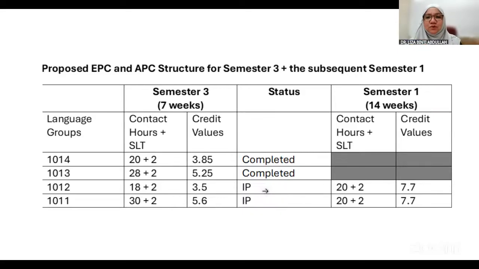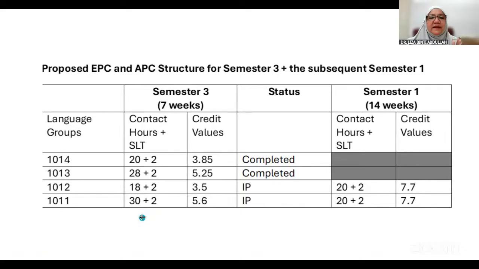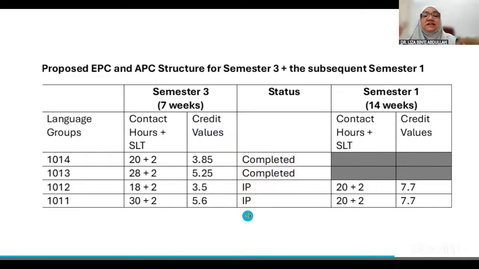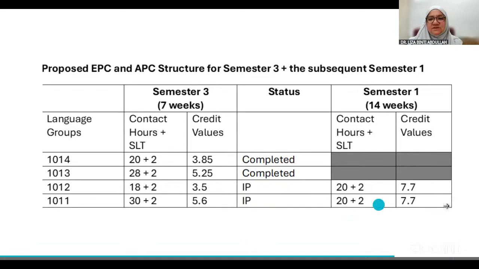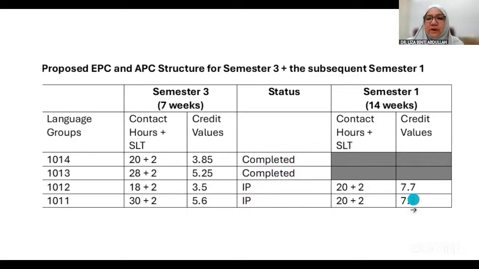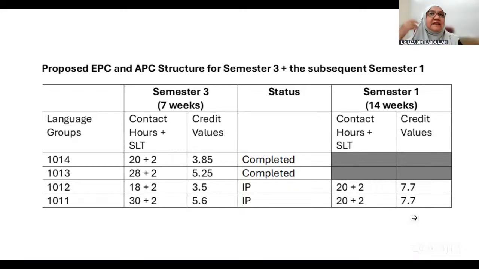You have to continue in the following semester 1, which means you have to do 20 more hours, plus 2 for study time. For 1011, if you repeat, you do 30 hours in 7 weeks in semester 3, and then you continue the same course in semester 1 for 20 hours. So your credit values here would be 7.7, which means that if you are ready, you can take elective courses,